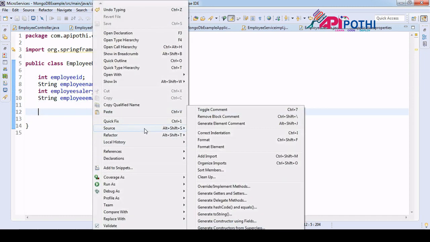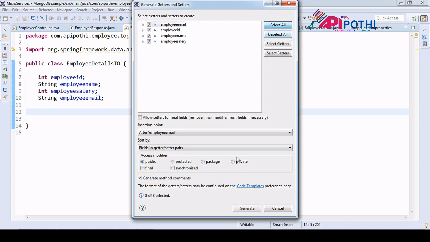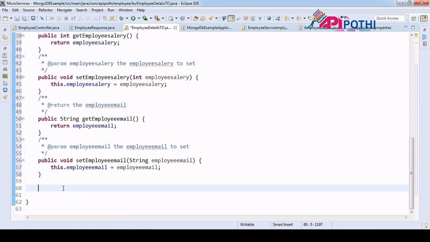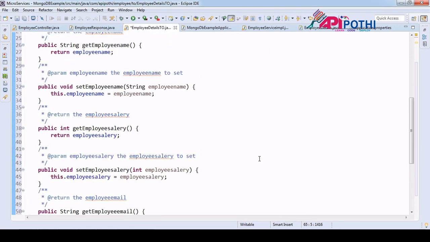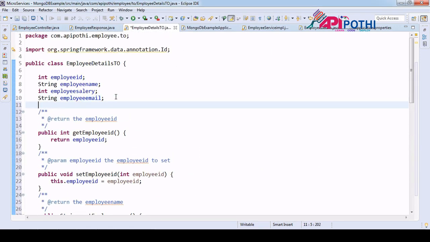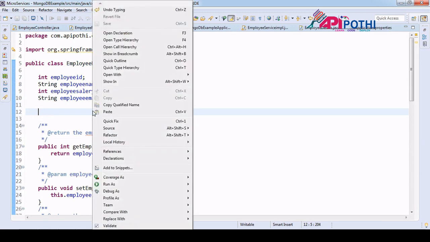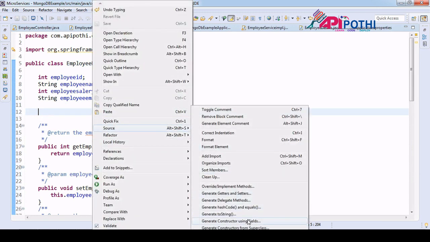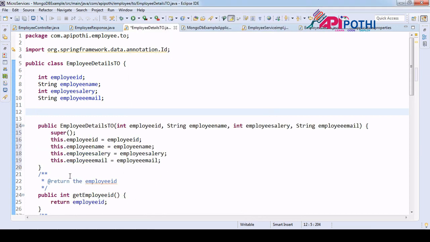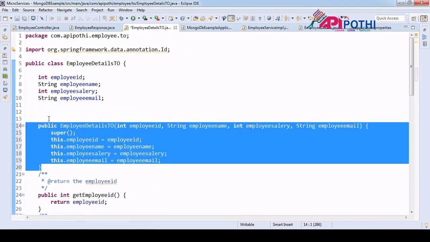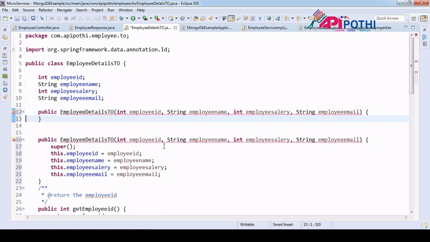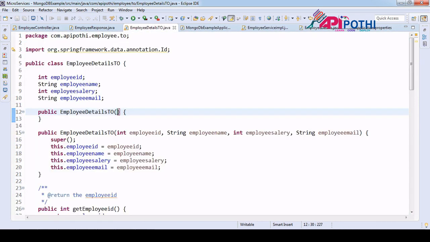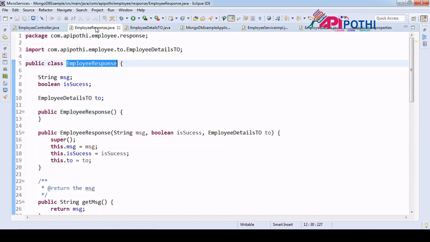Right click, source, getter and setter here. Right click, source, toString, and then right click, source, constructor, and obviously I need the default constructor also. Fine. Now coming to the